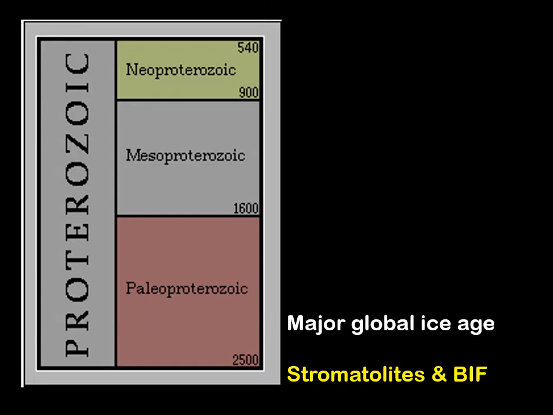After that, though, we have a major global ice age, where temperatures drop considerably and we start seeing ice sheets advancing on the continents that we have, and we see eustatic sea levels drop globally. When we come out of this, towards the middle to end of the Paleoproterozoic, this is when our acritarchs appear. These are our free-floating photosynthetic algae. Remember, they don't need a stromatolite to stick to anymore, so we see an even bigger boom in global oxygen production because we now have algae floating in surface waters all around the world after this major global ice age.